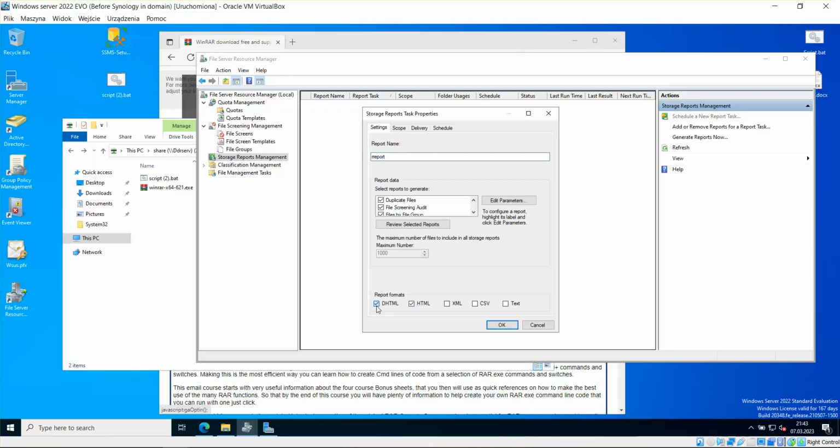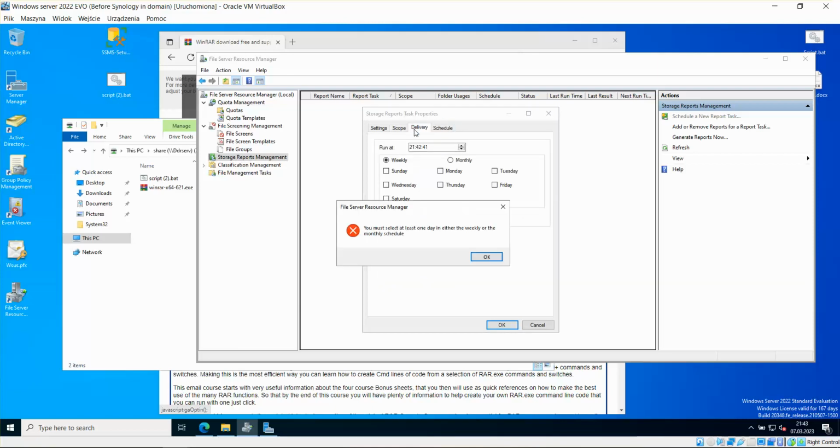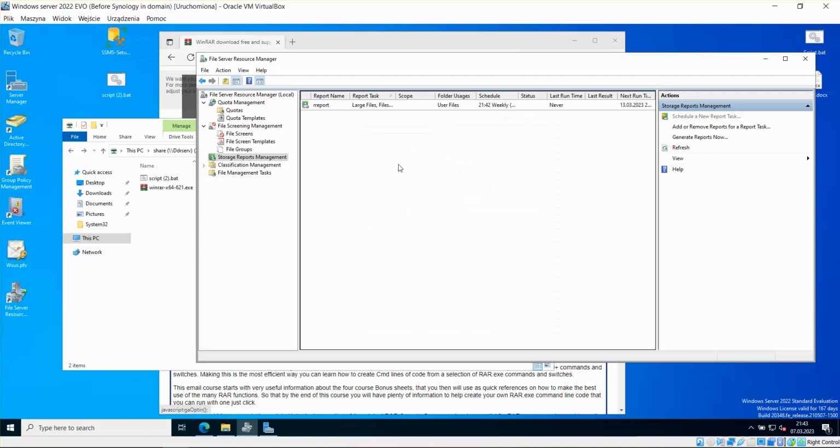Let's say HTML, scopes, user files. Okay, you can even check when it's gonna be. It's weekly, monthly, or in a certain day of the week. Let's say Monday. And okay, so